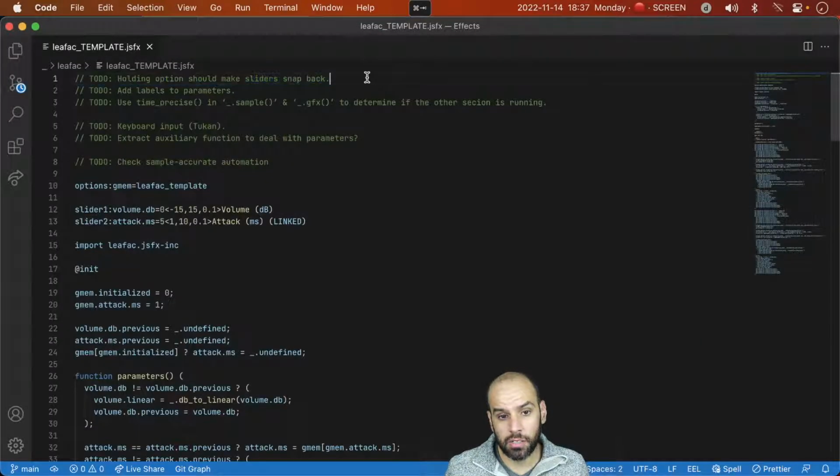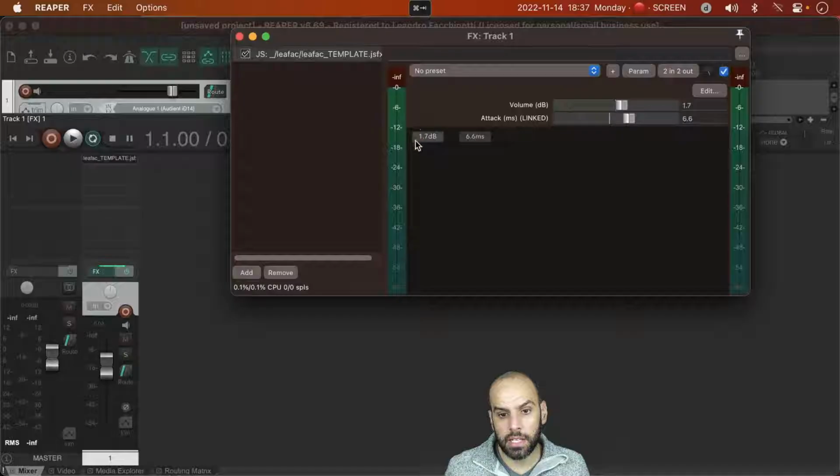I don't use this myself, but I thought it would be nice for our sliders to mimic the behavior of the JSFX sliders to the extent that it makes sense. So for instance, the fact that you have the same step when holding Command or not is true of the default sliders. And when you hold Command, of course, you have finer precision. It moves more slowly. And when you double click, it resets. Our slider is doing that as well. So I thought it would be nice to have this